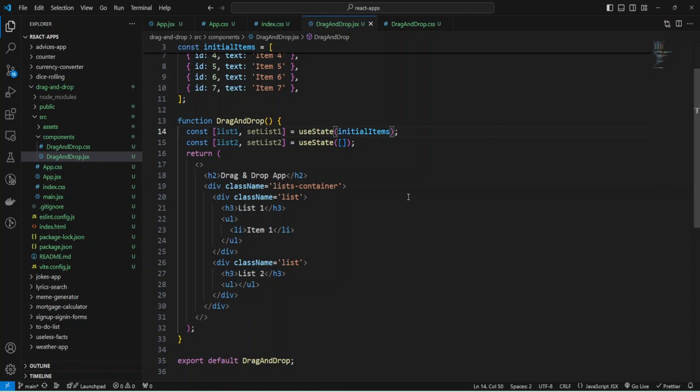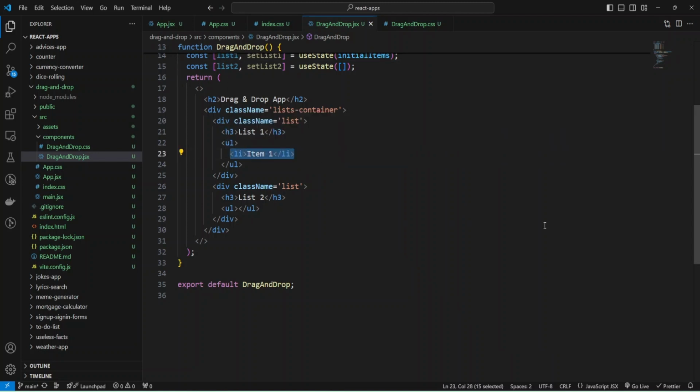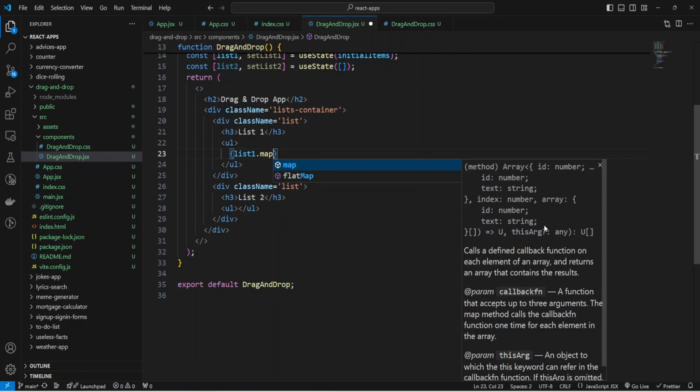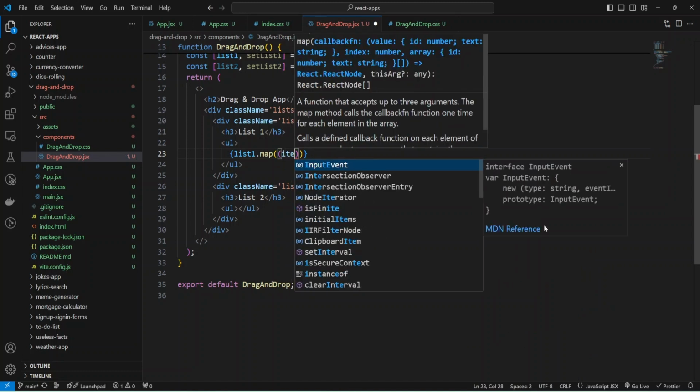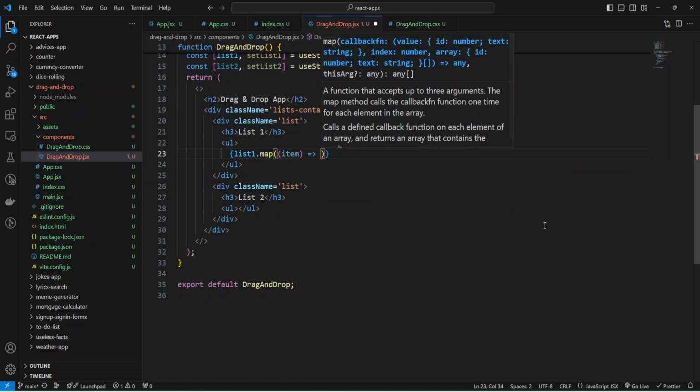Now I can render my list1 using the map function instead of this item1. I'm going to add code and use my list1 and call the map function, because list1 is an array, and I can iterate through each item of the array and return some JSX.